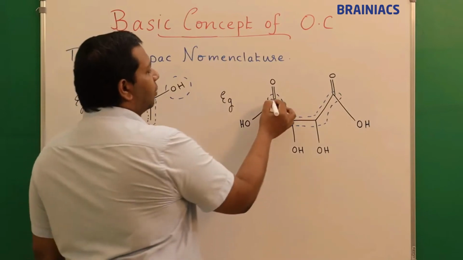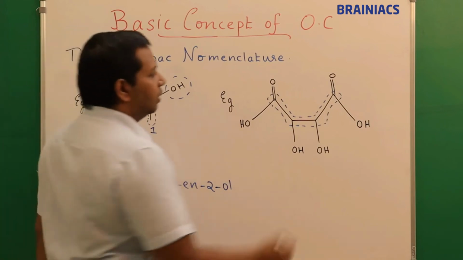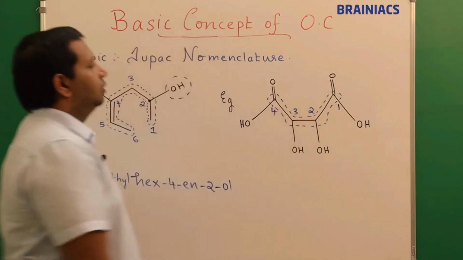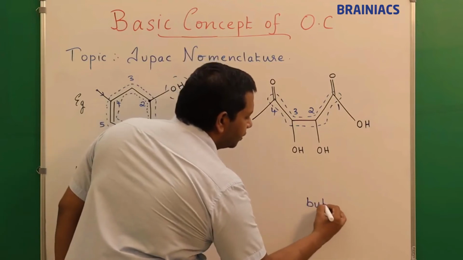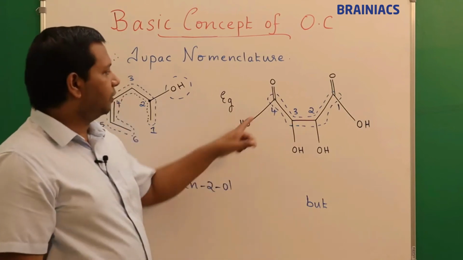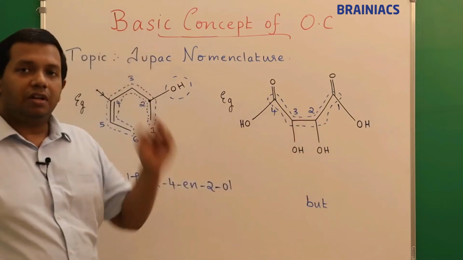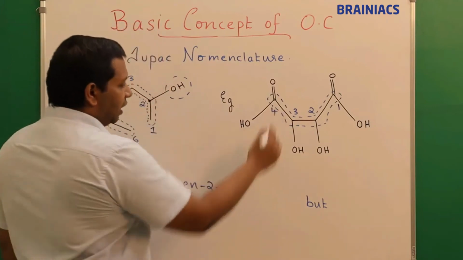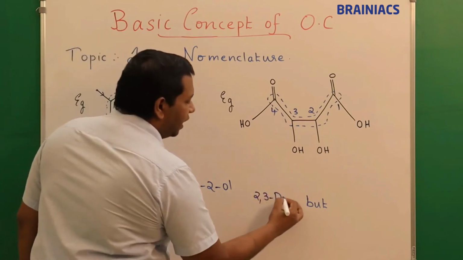So I can start from here or here because it is a symmetrical compound. From anywhere you start, you will get the same name. So I will put 1 here, this is 2, this is 3, and this is 4. So 4 carbon atoms are there, so the word root should be but. And the secondary prefix: substituents are there at positions 2 and 3. So tell me, what is the substituent name? Whenever OH behaves like a substituent, we use the prefix hydroxy. So 2 comma 3, since both are the same, 2 comma 3 hyphen